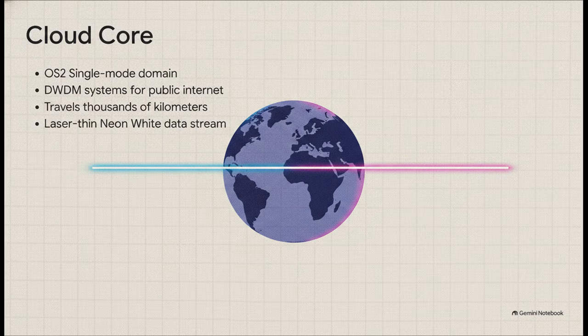Now contrast that with our second zone, the ISP backbone and cloud core. This is the exclusive domain of OS2 single-mode fiber. We use this to connect massive data centers to the public internet, or to link entire regions across continents. The aesthetic here is totally different. It's sleek, futuristic, cold, and silent. Inside that microscopic core, the traffic is just a single, laser-thin, focused, neon-white data stream. It travels thousands of kilometers, cutting right across oceans and continents, moving immense global intelligence with virtually zero loss and